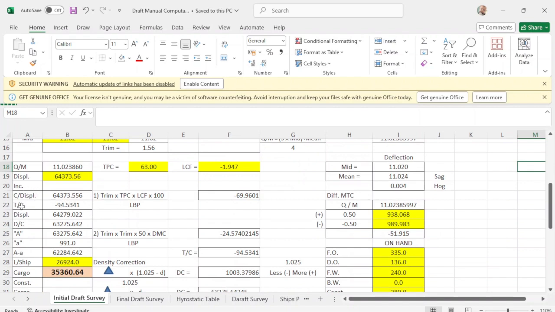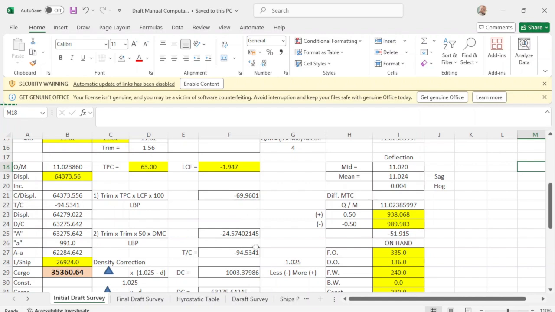Then you apply your trim correction. So in trim correction, we have 1 and 2. This is the formula: trim times TPC times LCF times 100, and trim 2 is trim squared times 50 times difference of MTC, and you get this value. So you do the equation here.